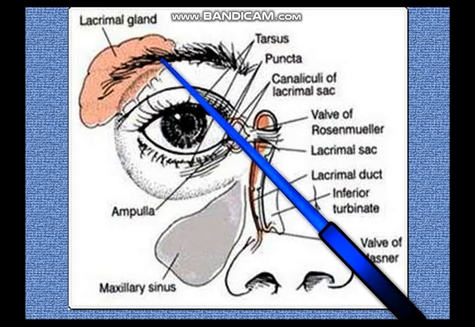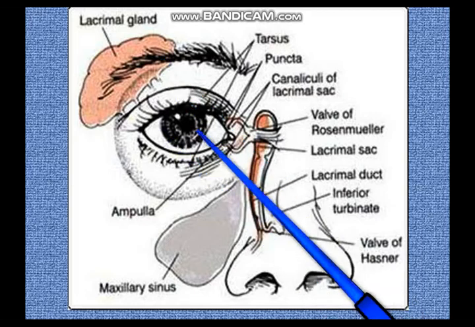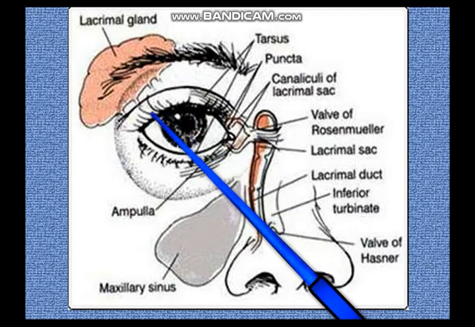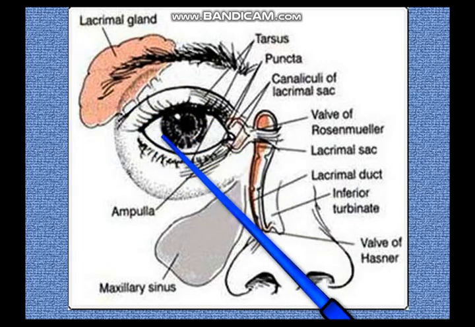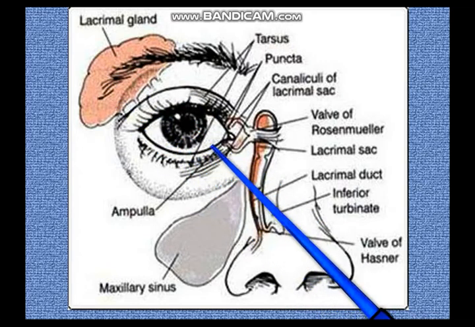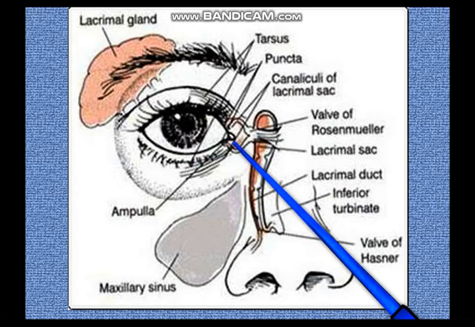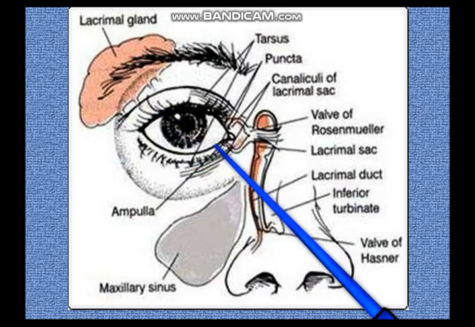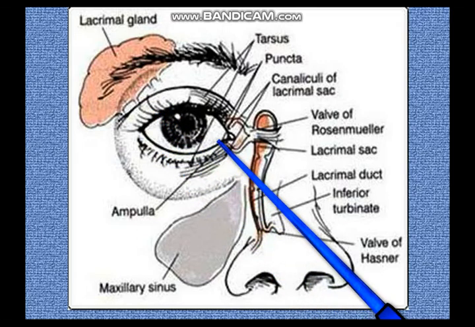Number one, it has the secretion of the tarsal glands or the meibomian glands, which is an oil secretion. So in front you have an oil film, and then you have the watery secretions of the lacrimal glands, and deep inside you have the secretions from the goblet cells, the mucus secretions from the conjunctiva. The conjunctival epithelium has a lot of goblet cells. They are secreting the mucus. So you have an oily layer, a watery layer, and a mucus layer. So the tear film actually has three layers.